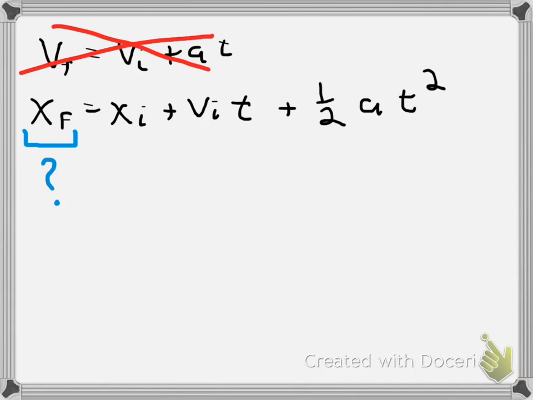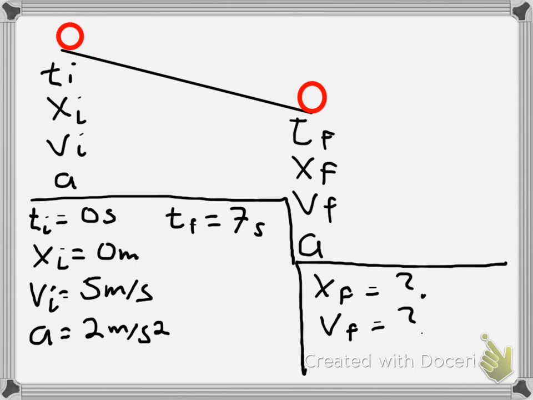So we'll go back to our chart and look. Do I know my x initial? Yes, I do. Do I know my initial velocity? Yes, I do. Do I know my acceleration? Yes, I do. Do I know my time? Yes, I do. So over here on what I don't know, my x final, which I have in my equation,